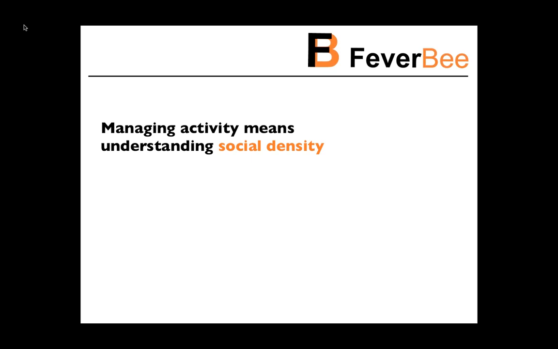So let's move on from creating activity in the community to managing activity. And by managing activity, I'm not going to spend so long talking about spammers because that's more of a technical issue than anything else. I do want to talk about social density. Social density is the number of people participating in a community within a fixed area of that community. A low social density would be where there are a lot of empty spaces in your community, but there isn't much activity. And too high a social density would be where there are too many people participating in a particular area